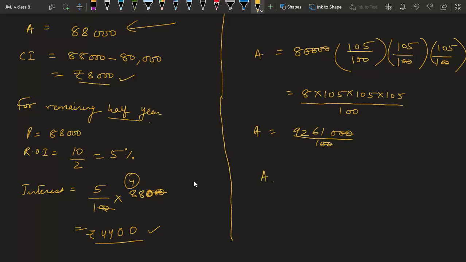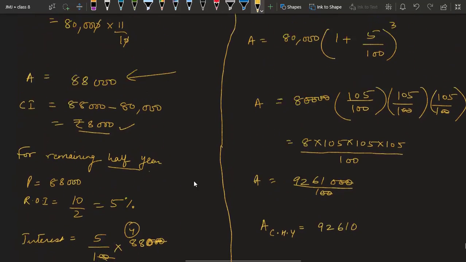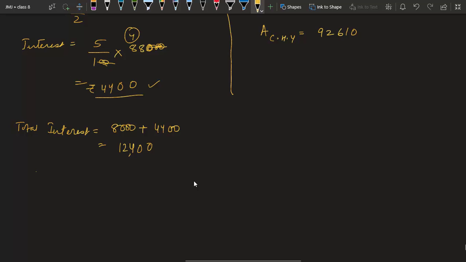Here the amount when compounded half yearly is coming out as 92,610, and here when compounded annually the amount was 88,000 plus this interest, which is 4,400, that is 92,400. So obviously in this half yearly case he is giving more amount, so the difference is given by